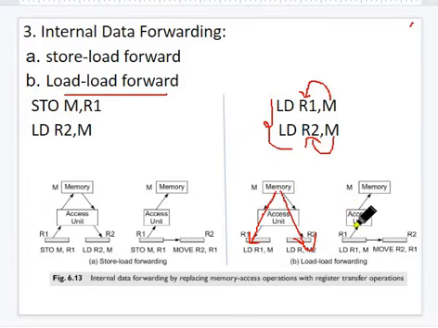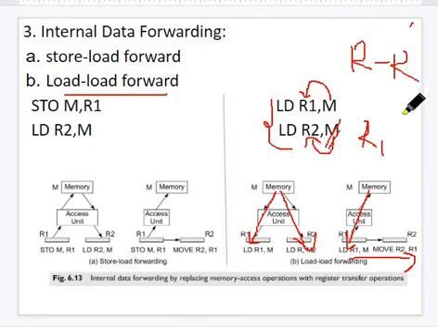Instead of that, please change the arrow mark, because it is a load, so both should be loads. Arrow marks are for store time. So it should be like this. The arrow mark is wrong here. Take data from the M location, load it onto R1 and forward it to R2. Again, this is cancelled. Here you can imagine it as R1. So what happened here? Register to register data transfer, which will be faster in the real world. This is called internal data forwarding.